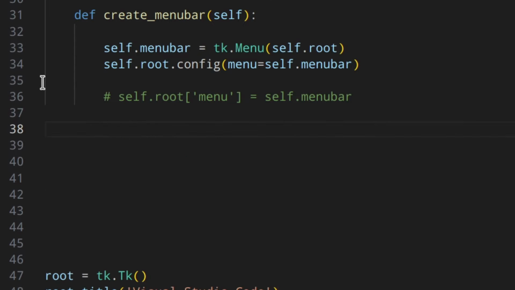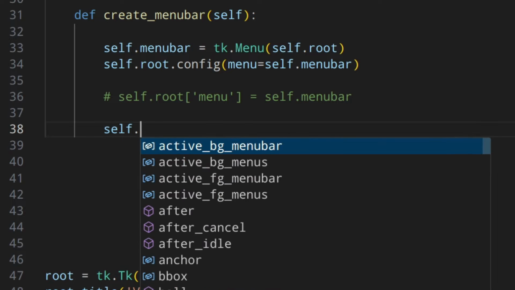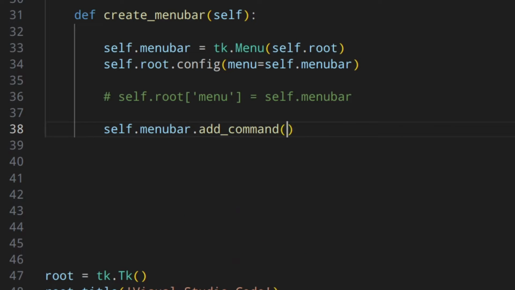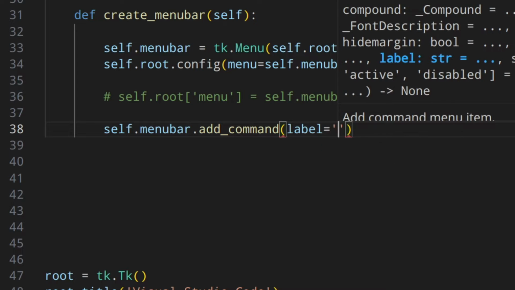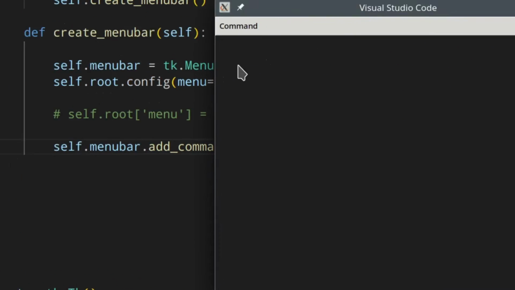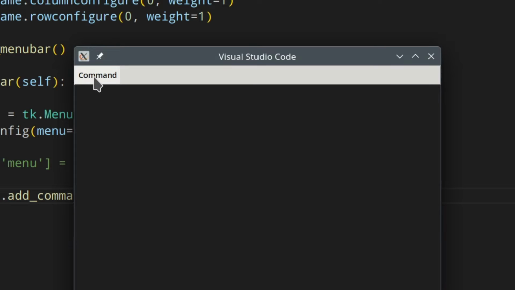So something like this: self.menu_bar.add_command, label, let's call it Command. If we run the application now, as you can see, you've got this command here, okay, but it does nothing because of course we didn't specify anything to do.